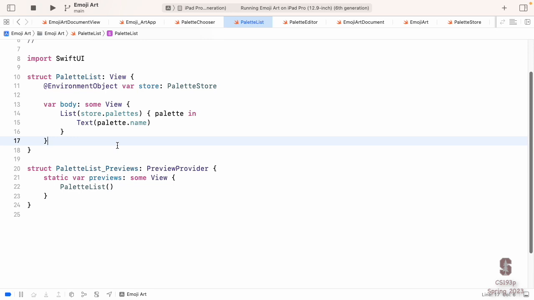Now, we have that list, it's great, but what would be really cool is if we could click on something in the list and have it navigate, slide over, and show us that palette. So we've got a list of palettes, click on one, oh, show it to us. Not editing it yet, just show it to us, just so we can see what it looks like. So that clicking on something and having it slide over is called navigation. And we do it everywhere in SwiftUI. You've used iOS apps. You go click them all the time.